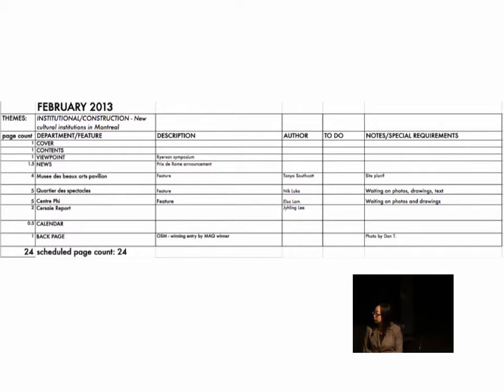And when I talk about shaping articles, I have a certain editorial voice in the magazine as well. If I'm commissioning a review of the Musée des Beaux-Arts Pavilion, then there's hundreds of different directions that article could take. My bias as a University of Waterloo grad is towards cultural history and towards broader context, and for me, building reviews are most interesting when they start to talk about larger issues, be those cultural, social, political, or say broader